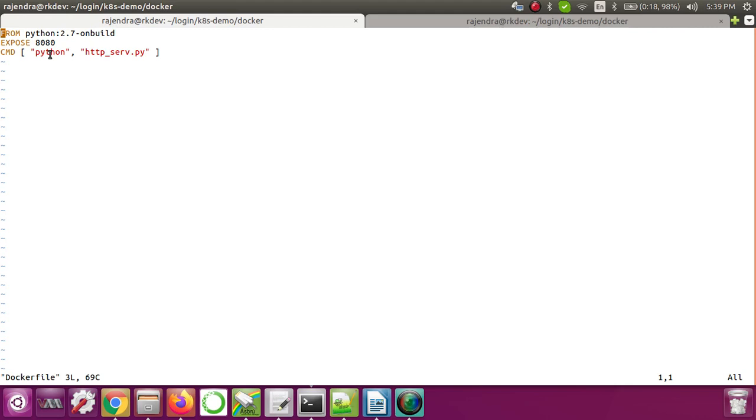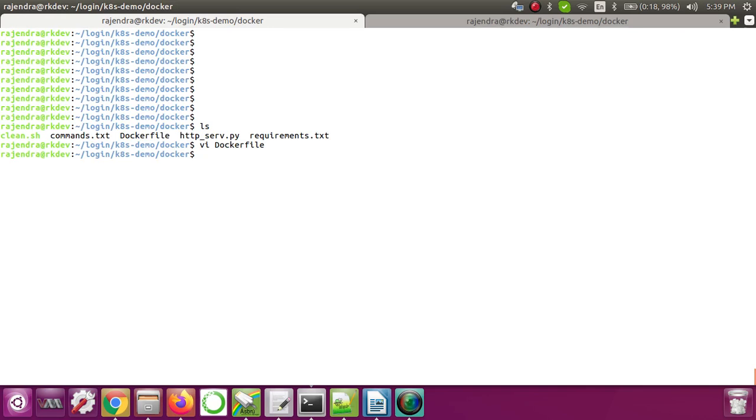Okay, so now we have seen how to write the Dockerfile. But for our application we need some modification in that Dockerfile. We'll do that. But before that there is one more thing: we have to pass the required libraries for your application. We have to add that in the Dockerfile. So how can we do that?